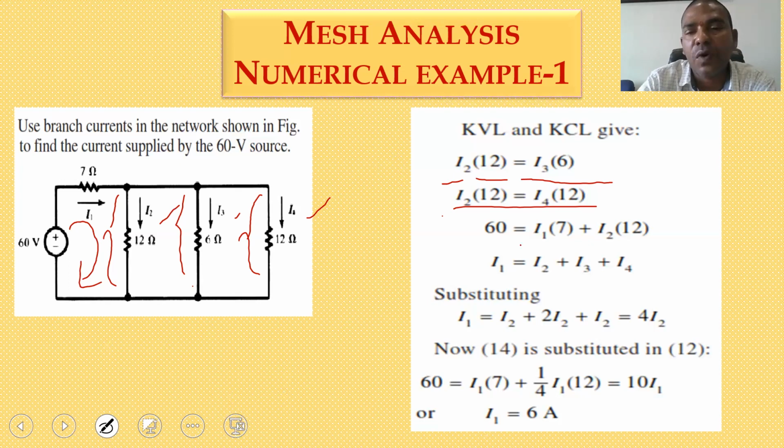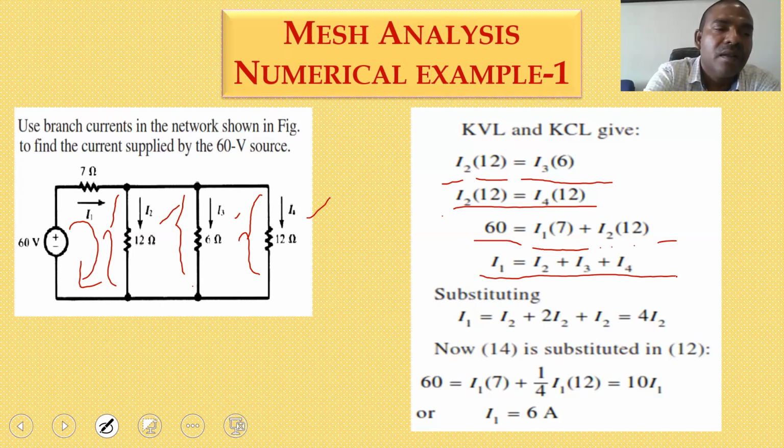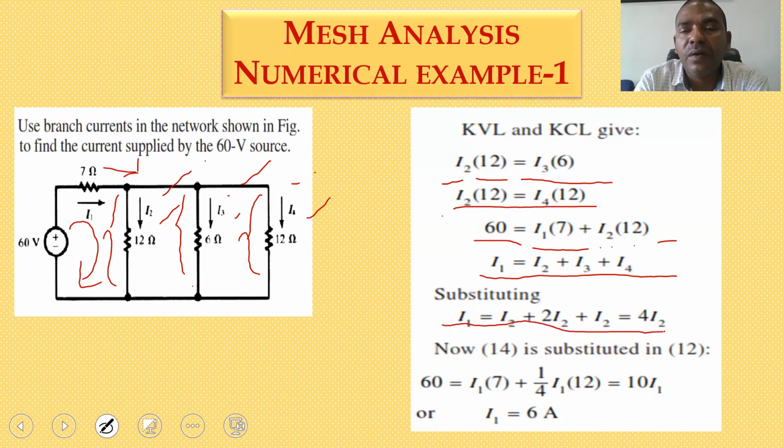So 60 volts is equal to 7 into I1 plus 12 into I2. Now by the application of Kirchhoff's current law, the total current I1 is divided into 3 currents: I2 current, I3 current, I4 current. So total current I1 is equal to I2 plus I3 plus I4, and substitute the I3 value in terms of I2 as 2 times I2 and I4 value as I2, then I1 is equal to